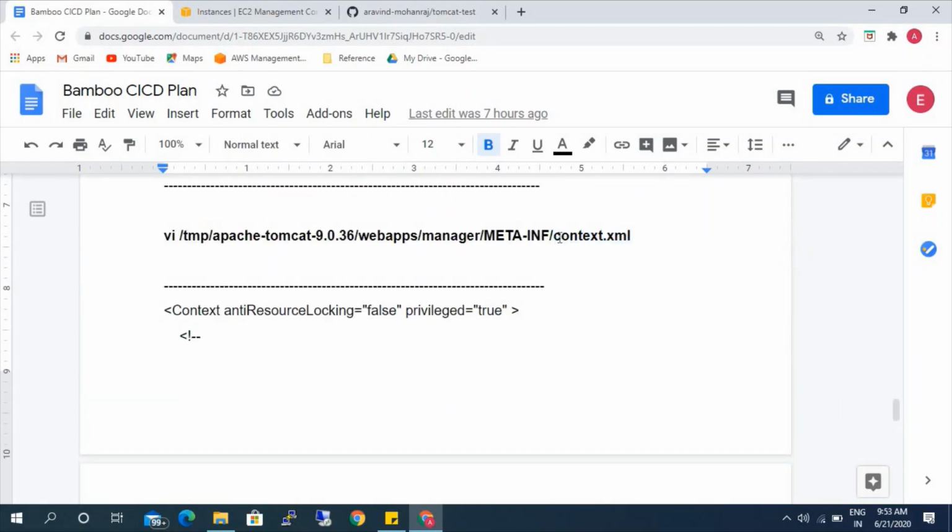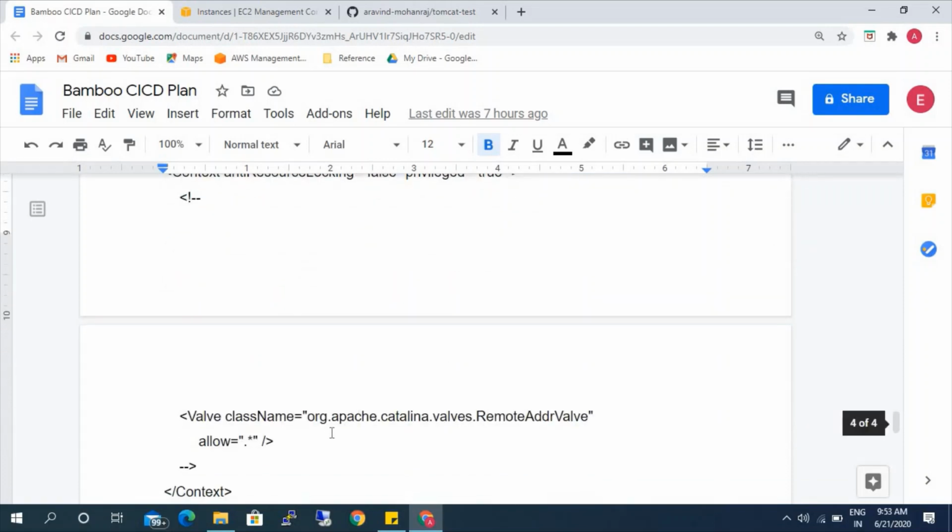For that, we need to update this particular file with this code. Here it says allow, and we are giving the wildcard, so it can be deployed from anywhere. Or if you want to give any specific IP address, you can give that here. As of now, we are giving the wildcard, which can be deployed from anywhere.